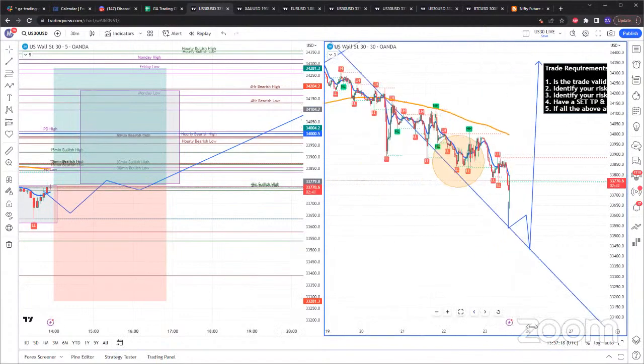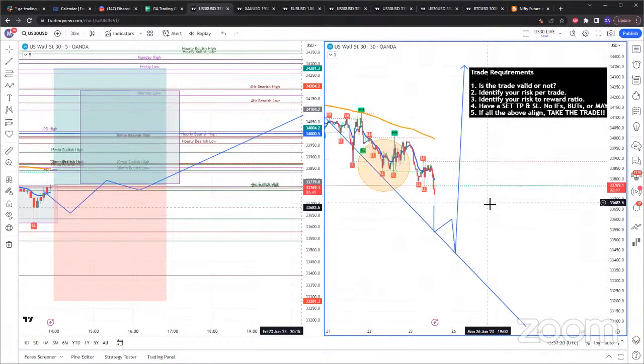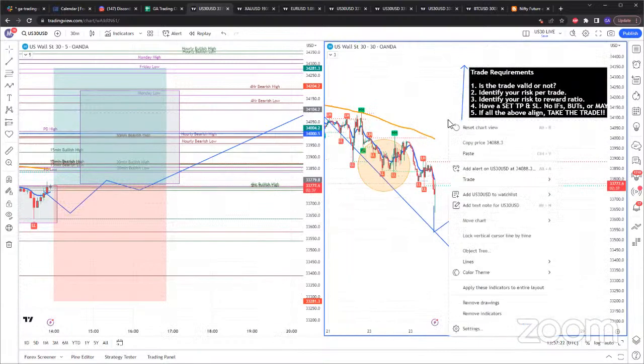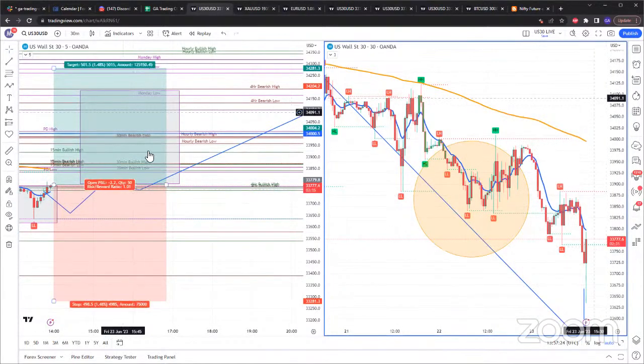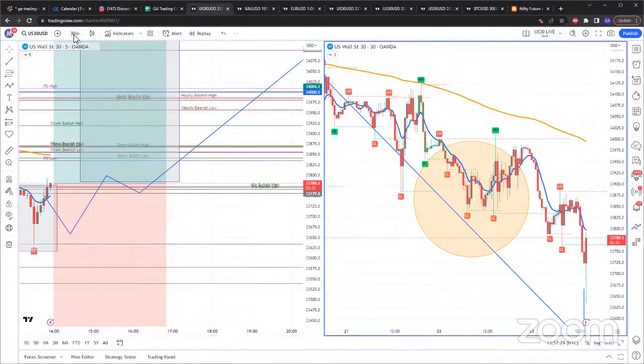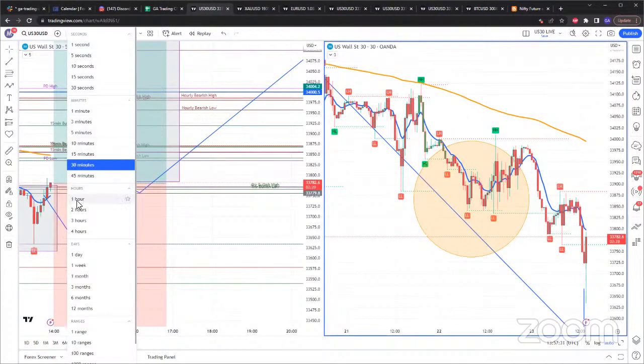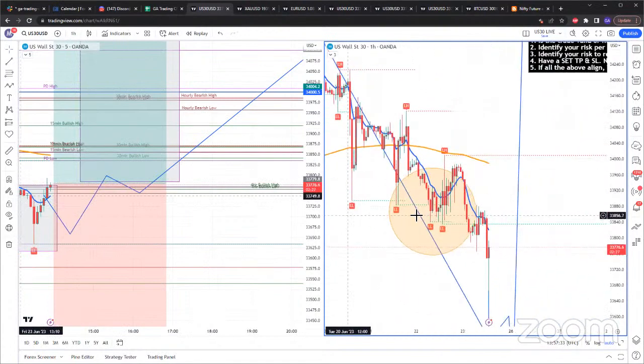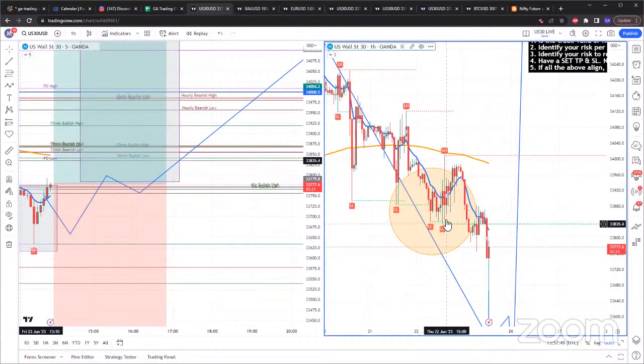You said the 30-minute trend line. Where did your trend line come from? It's actually the same on the hourly too. It came from the two lower lows right next to it, right there. This one, these two right here. Let me delete this circle. So this was just an area of interest for me.